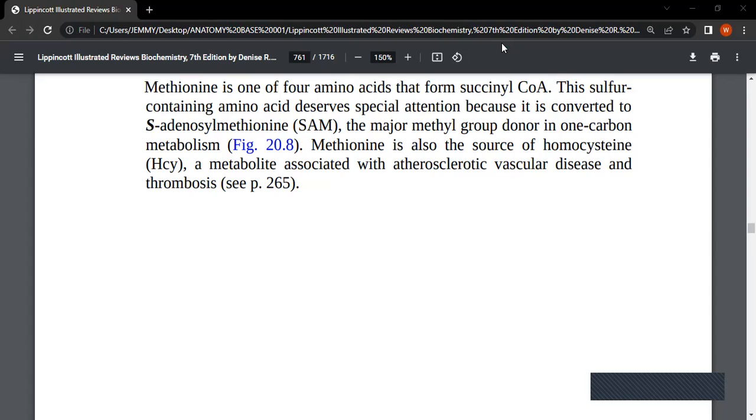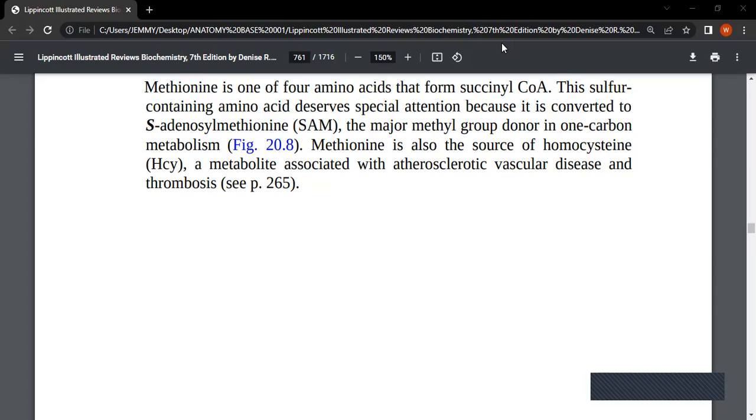So let's say you want to form epinephrine from norepinephrine. You simply methylate norepinephrine. You add a methyl group to the norepinephrine, and you'll get epinephrine. Or you want to form choline from ethanolamine. You add 3 methyl groups. These methyl groups are brought by the SAM,